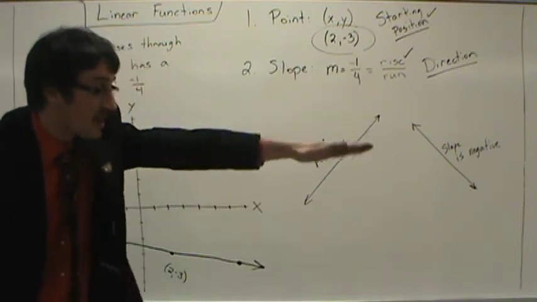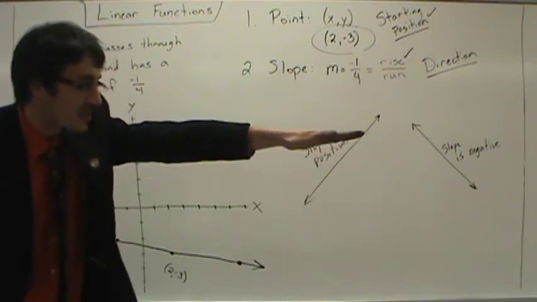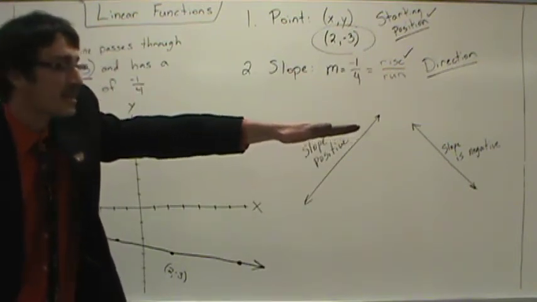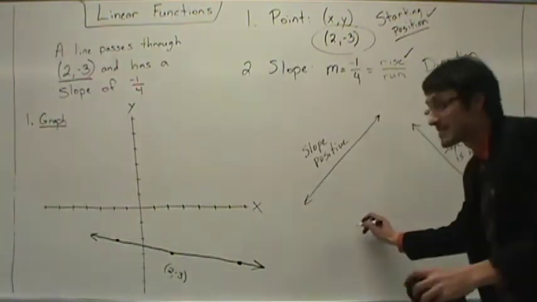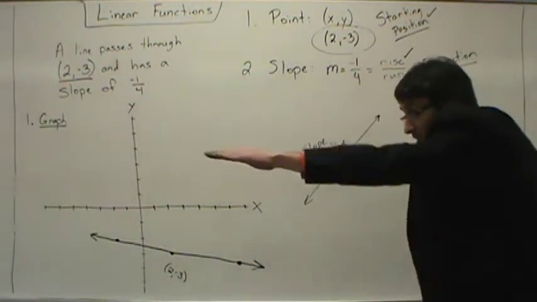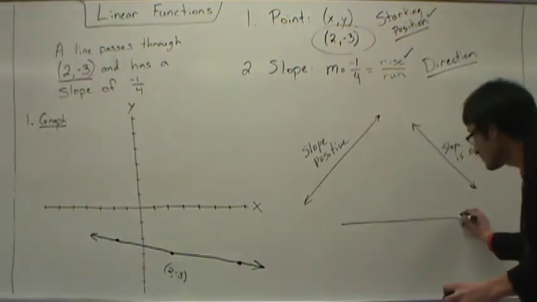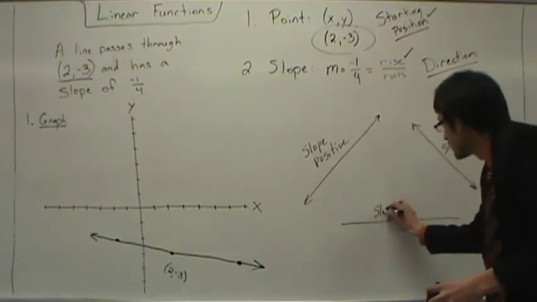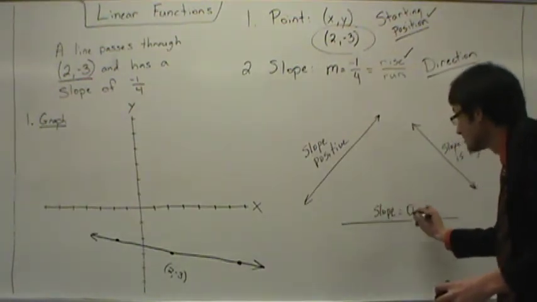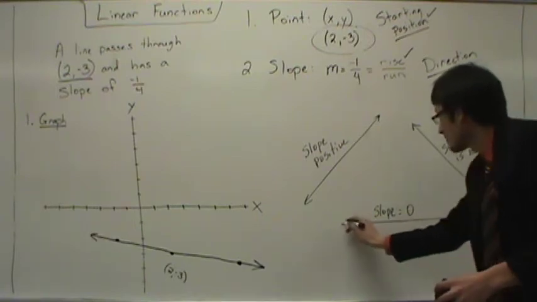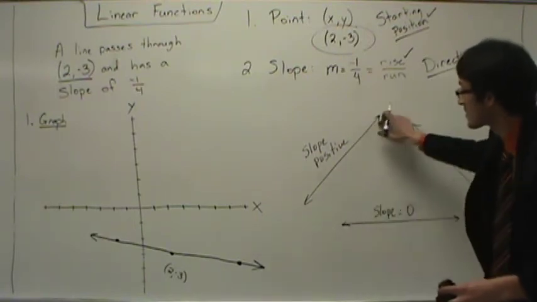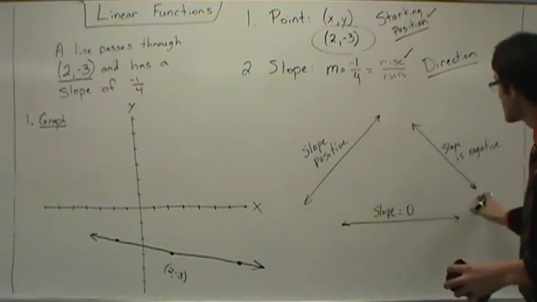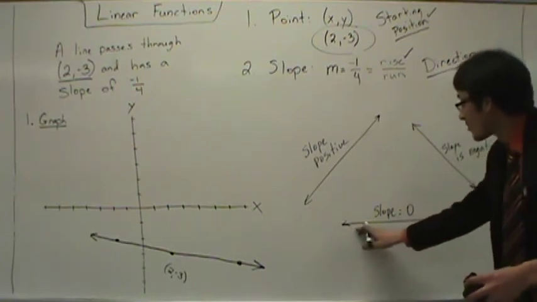What's between the positives and the negatives? Zero is between your positives and your negatives. So we say that a horizontal line has a slope equal to 0. All right, so positive slope, uphill, left to right; negative slope, downhill, left to right; and a horizontal line has a slope